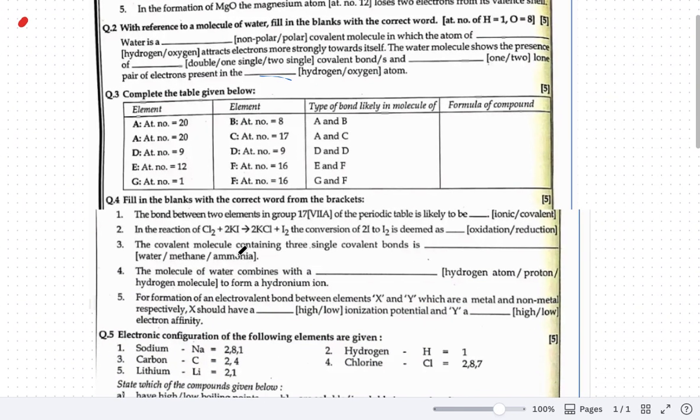Now what is the table below? Element A has atomic number 20. Element B has atomic number 8. What is the type of bond that will be formed between these two? The type of bond that will be formed between these two is an